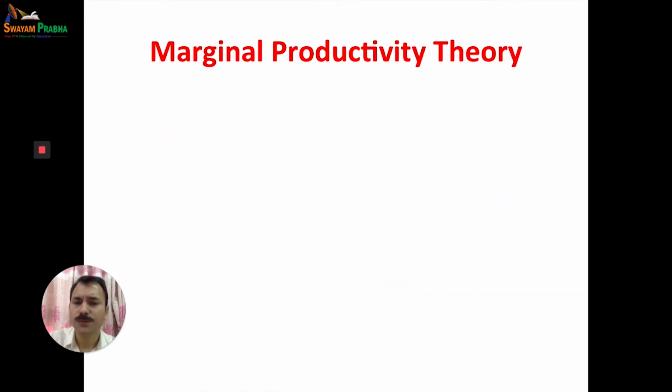Marginal productivity theory. Basically, the marginal productivity theory is the oldest and most significant theory of factor pricing. This is one of the most important, popular theories. It was propounded in 1826 by German economist J.H. von Thünen. It was further developed by Austrian economist Carl Menger,